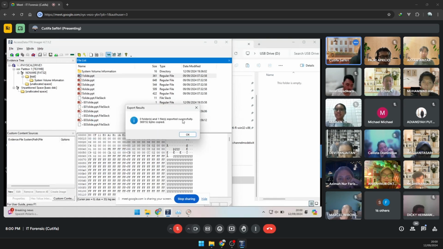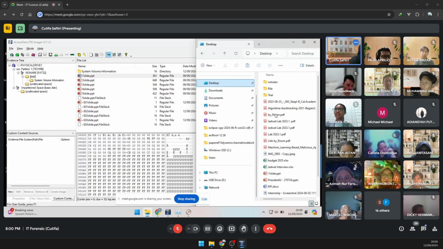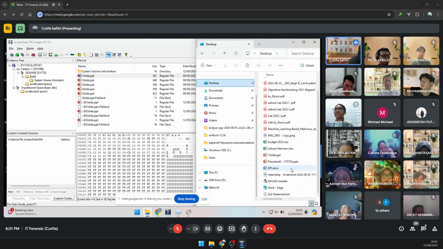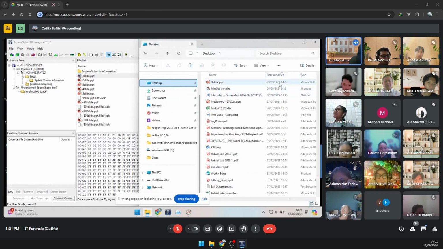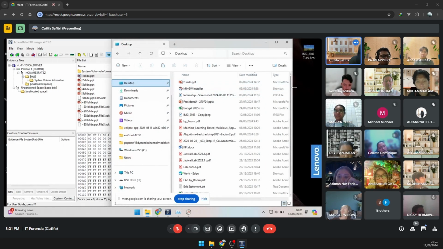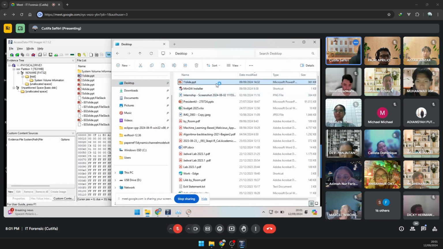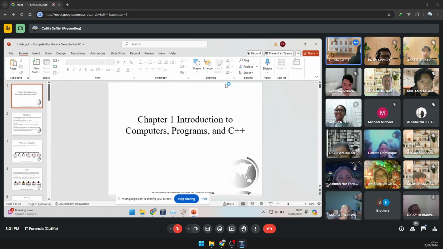One file exported successfully. I click all right. Let's go to the desktop. The file name is slide ppt. Let's click on date modified. This is the information, right? The slides, and this is the slide that I just deleted.